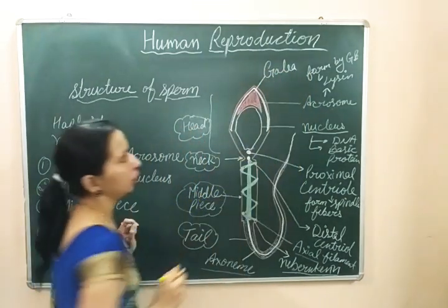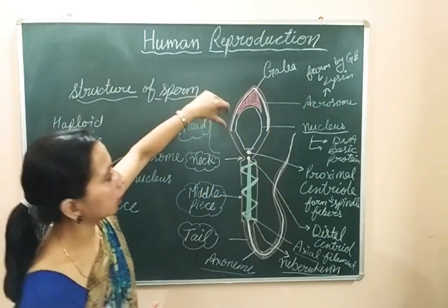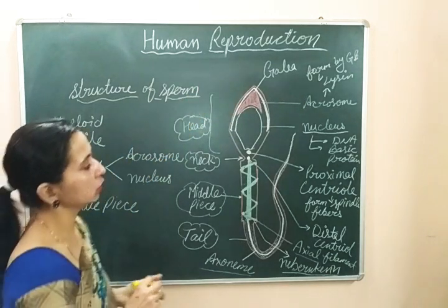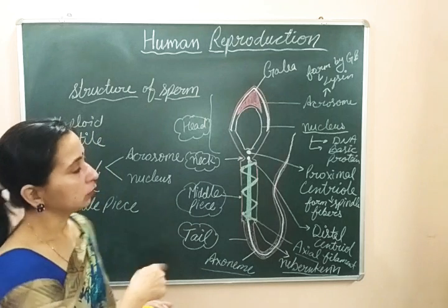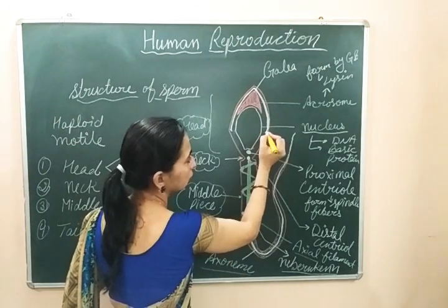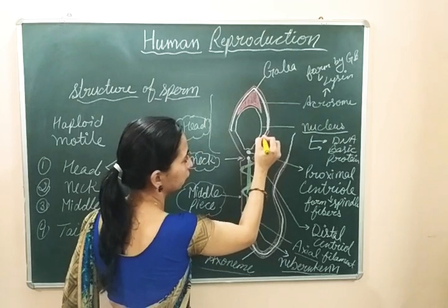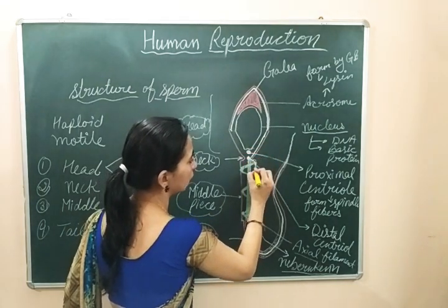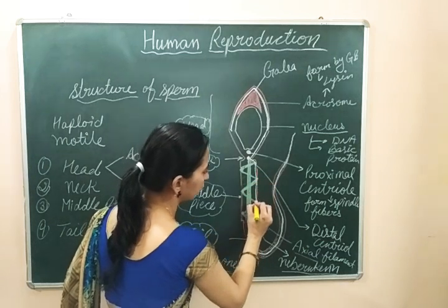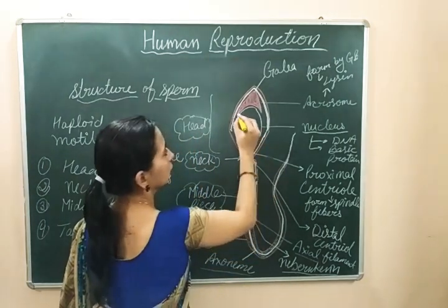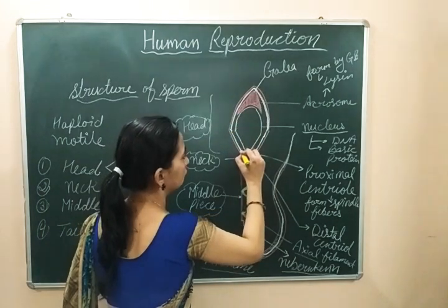The name of this membrane which is covering just the upper part of the head, meaning it's covering the acrosome and half part of the nucleus, is galea. And at the below नीचे की तरफ बाकी का जो part होगा that is also covered by another membrane. ये भी एक membrane से covered रहेगा, and the membrane which is covering that rest part जो पूरी की पूरी यहाँ तक it will be present till the middle piece, यहाँ तक present रहेगी. This is another membrane.